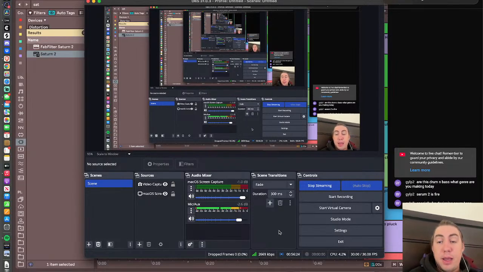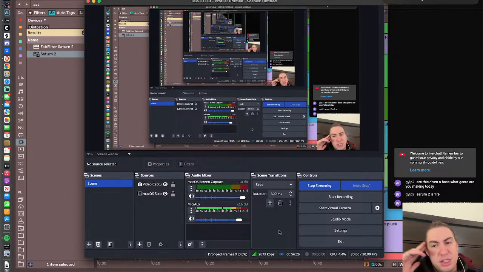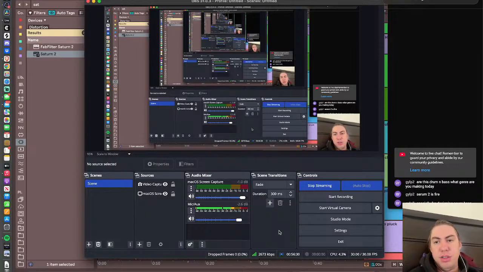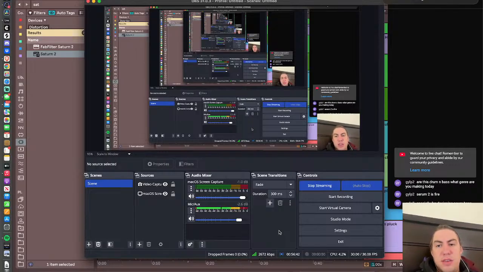And I'll be trying to get better at Serum 2 because it is a different workflow and a different way of thinking than the purely modular workflow of Phase Plant that I'm so used to. I'm mainly a Phase Plant dude. I've been using it since it was released. I got it the day it was released. I've been using it every day since. I've been obsessed with it because before Phase Plant came out,